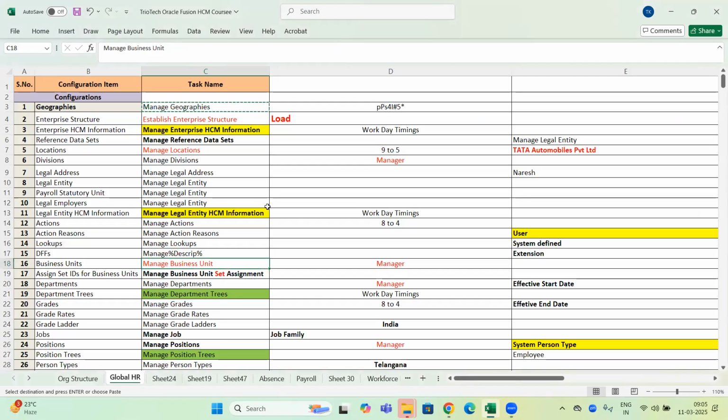Then again, Bhaskar: in an implementation project, if you search for a task appearing multiple times, do you have to configure it each time? No. When I search with manage geographies, the task resulted 3 times. It doesn't mean that separately you have to configure. Any task you pick up, the configuration remains one and the same in the system. And how to maintain building level or office level locations? That is again, Manan, within the locations only you can give the names like that. Whatever naming convention you want, main office or site office, local office, like that. But we don't have any hierarchy within locations to define sub-classification. The naming convention only you have to give to make it understood what is the main office location or sub